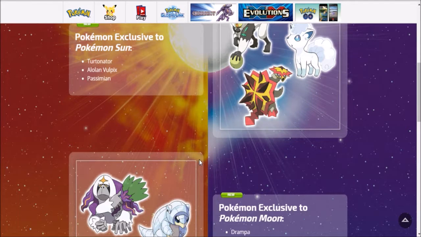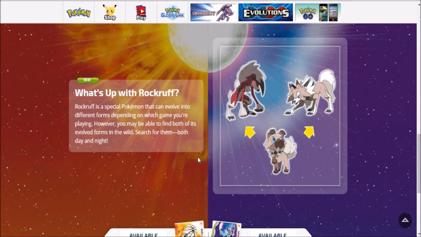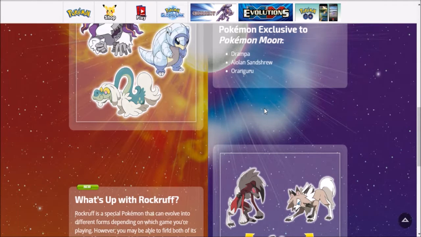But I don't think that's a good idea. And, of course, the other version exclusive is Rockruff's evolution. If you're playing Sun, you're going to get Midday form, and if you're playing Moon, you're going to get Midnight form. At least I think. Or no, yeah, depending on which game you're playing. So it's a game-based evolution, which is stupid, even though you can still see the other time. Pokemon Moon, if you didn't know, takes place 12 hours off from your DS. So, for example, if you're playing at 4:27 p.m. on your DS, on your game it'll say 4:27